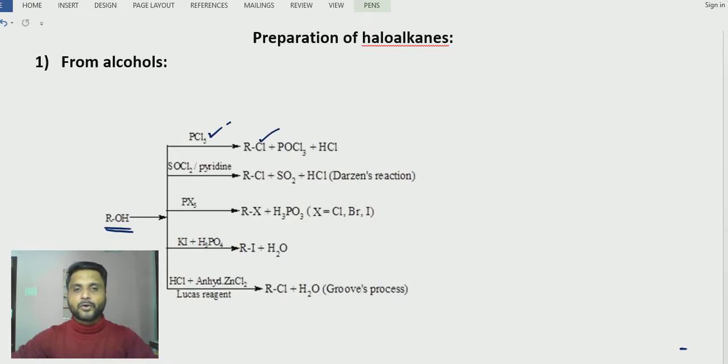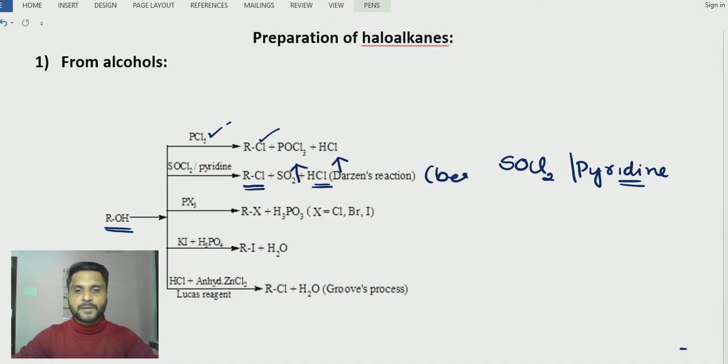Then you have got thionyl chloride. Thionyl chloride formula is SOCl2 in the presence of pyridine. Here, pyridine acts as the base to remove hydrogen chloride. Pyridine is an organic base. And we get alkyl chloride, sulfur dioxide gas, and HCl gas. This is one of the best methods to prepare alkyl chloride because sulfur dioxide and HCl are the